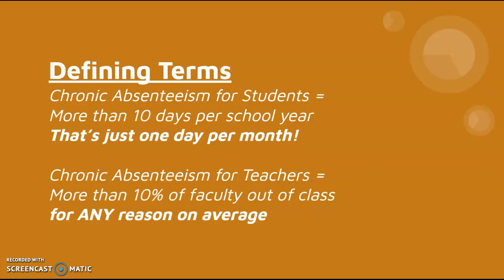Chronic absenteeism for students involves being absent more than 10 days in a school year. While that sounds like a lot, it really is just 1 day per month of the regular school year. A single day. Chronic absenteeism for teachers is when more than 10% of the faculty is out of class on